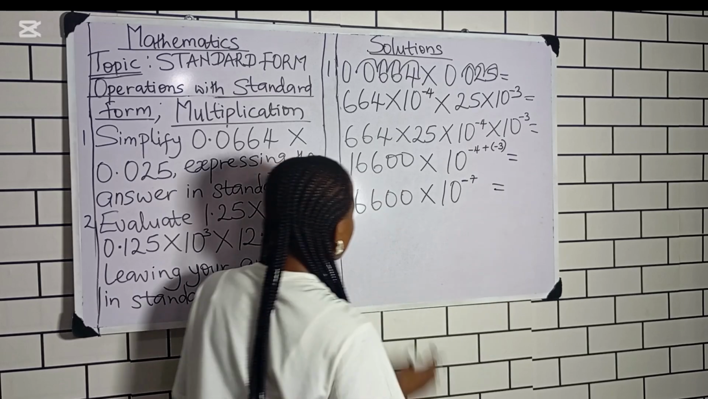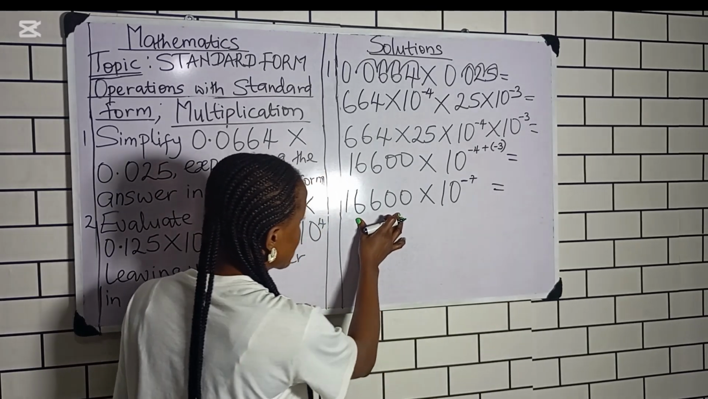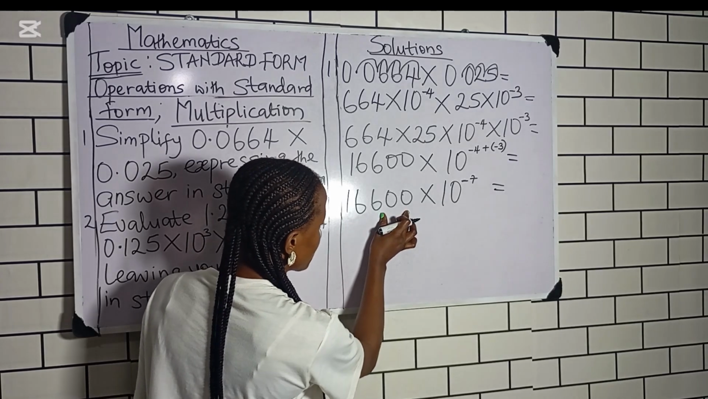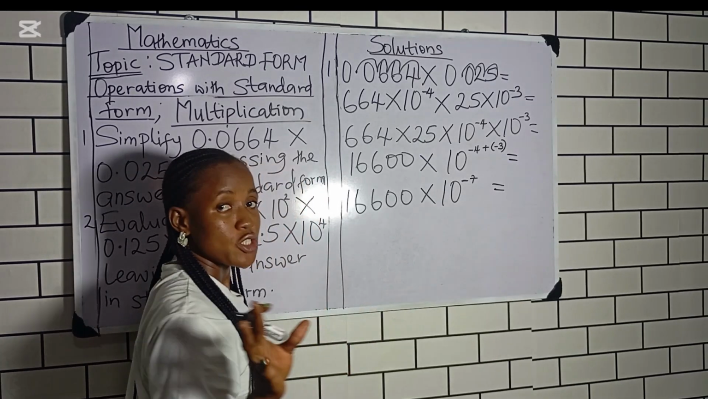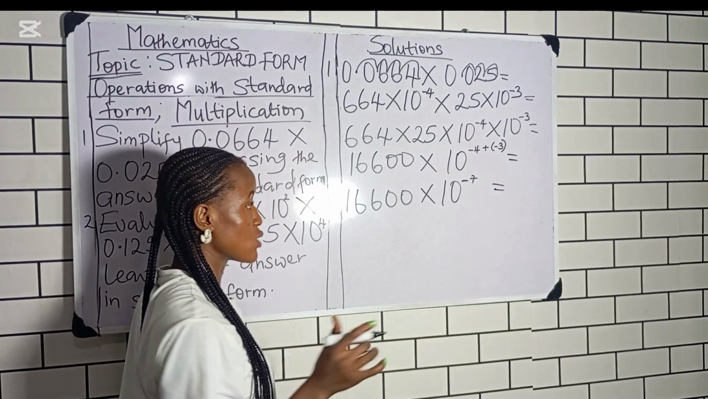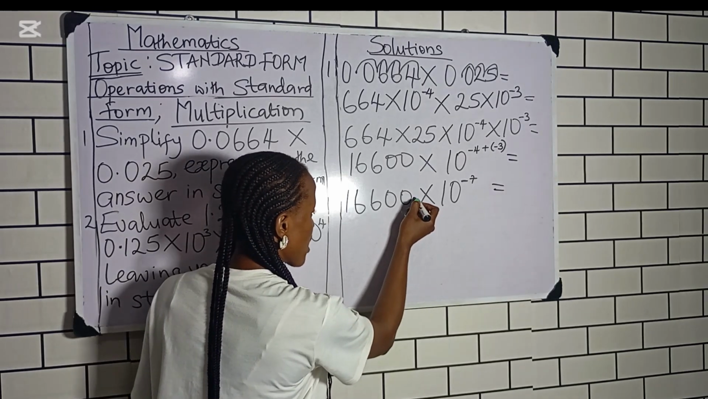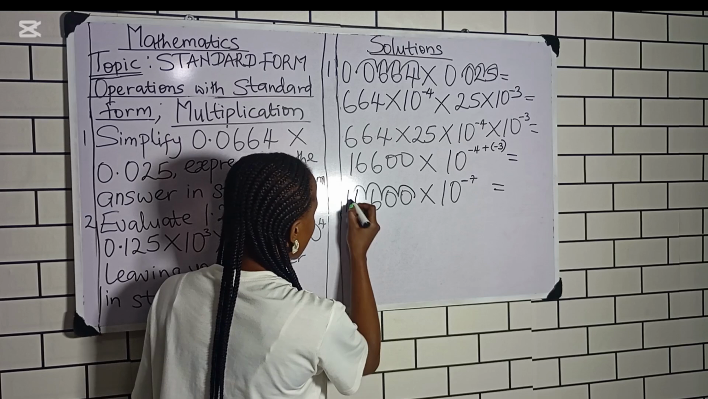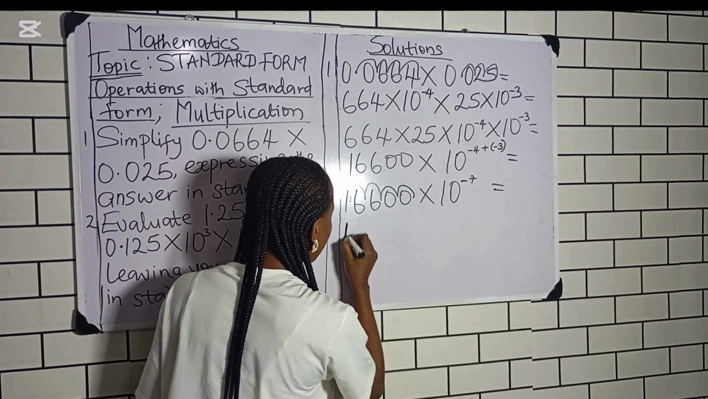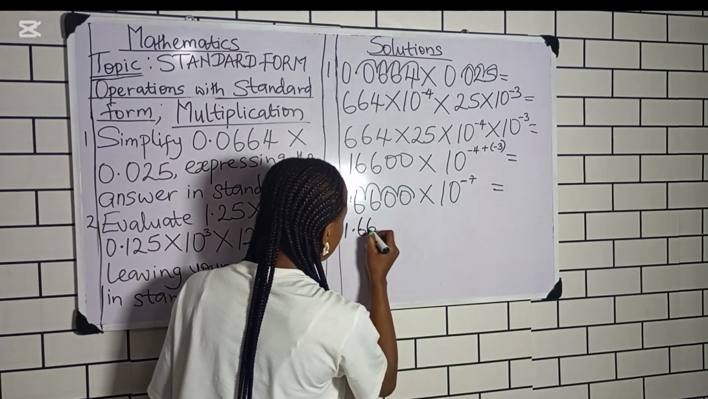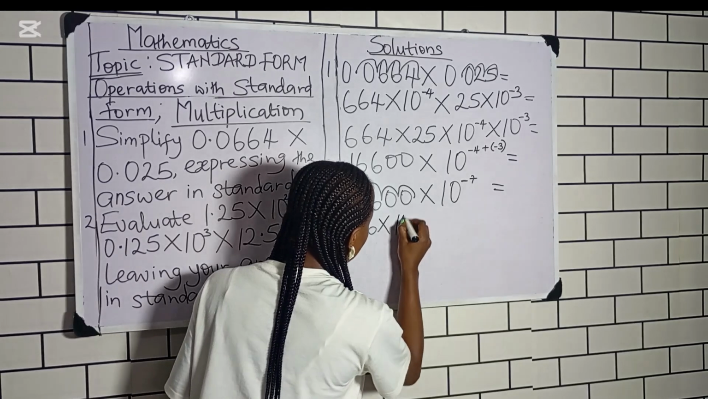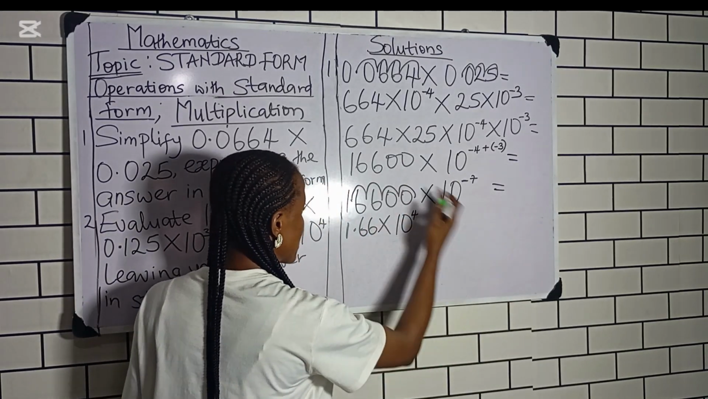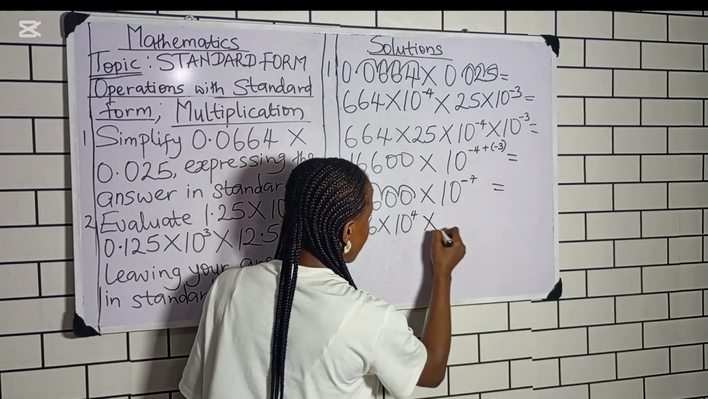Now we're going to reduce this to power of 10. Here is 16,600, a whole number. We're going to assume our decimal point is here. Now we count 1, 2, 3, 4. Bringing the decimal point here, you have 1.66 times 10 raised to power 4, because you counted from the right to the left, times 10 raised to